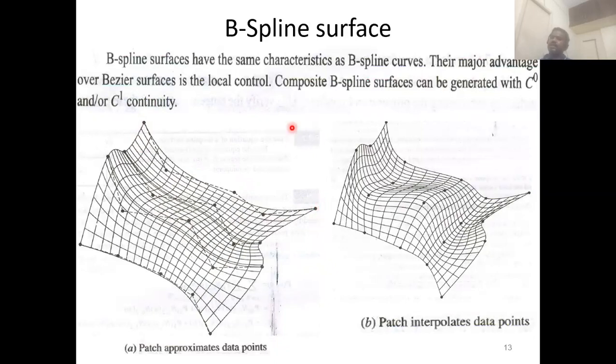Okay, so here you can see these are all the data points you can have. This is a B-spline curve, this is a B-spline curve, this is a B-spline curve. These are all the control points. If you change the position of this one, probably this portion and this portion will change in shape, not the entire one. That is, it has local control. It's a major advantage of the B-spline surface.